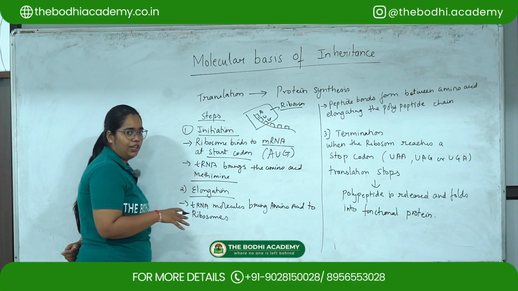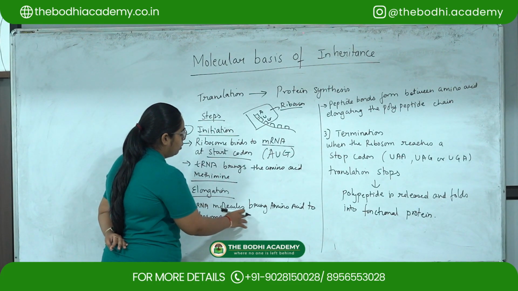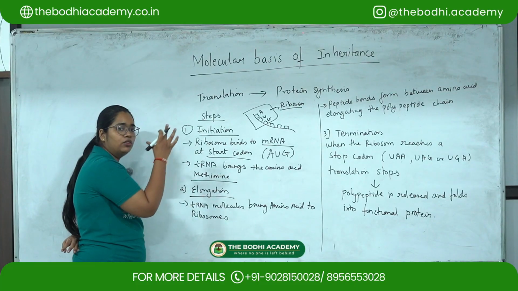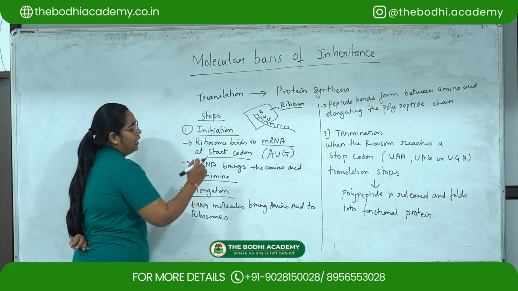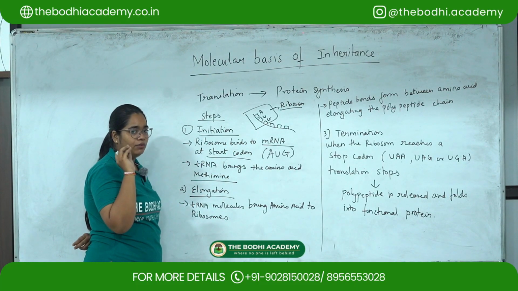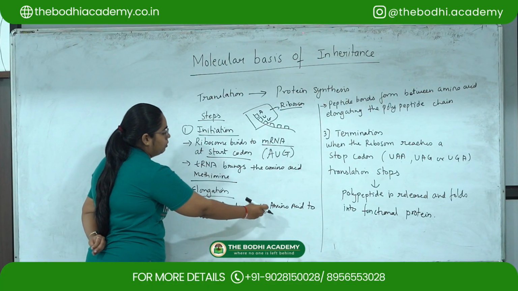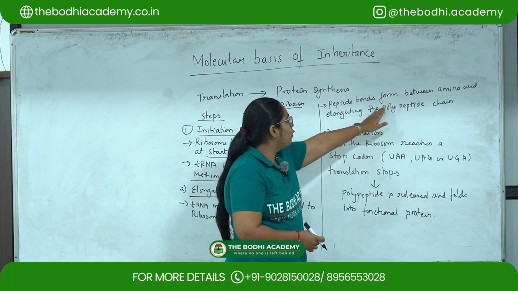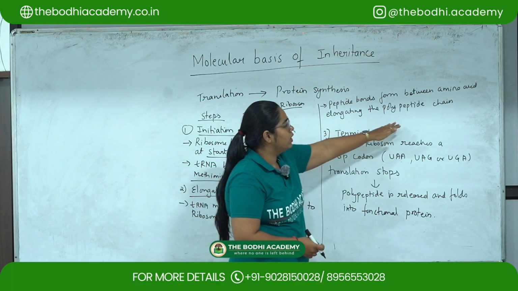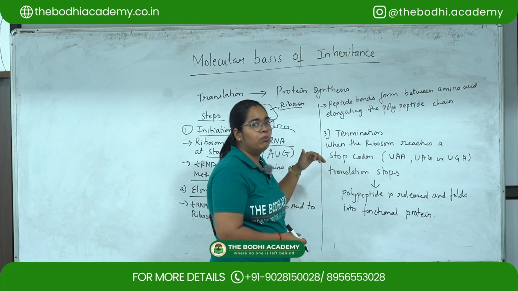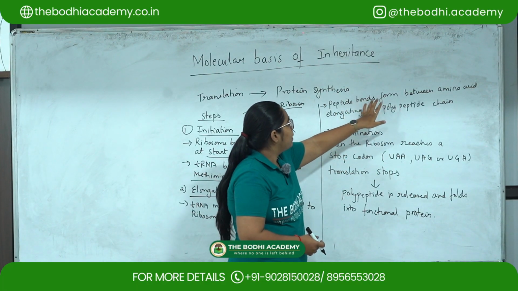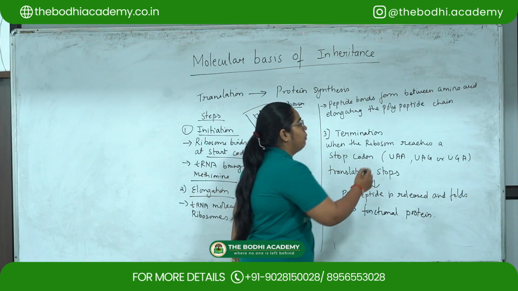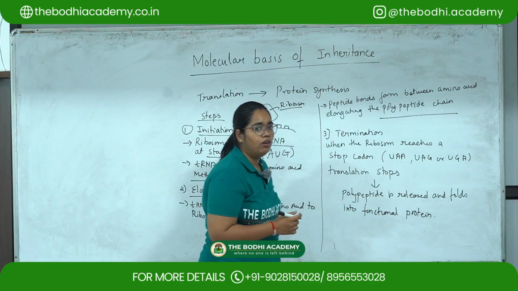Now what happens is elongation. The tRNA molecule brings amino acid to the ribosome. So the tRNA will bring the amino acid methionine to the ribosomal site over here, which is the AUG site wherein the translation process will start. Then peptide bonds form between the amino acids, elongating the polypeptide chain. The ribosome will move along the mRNA molecule to form peptide bonds between the amino acids, and a polypeptide chain will be formed during the process of elongation.